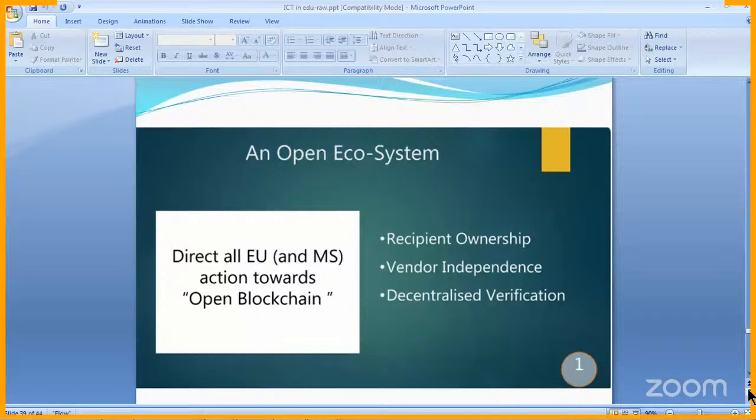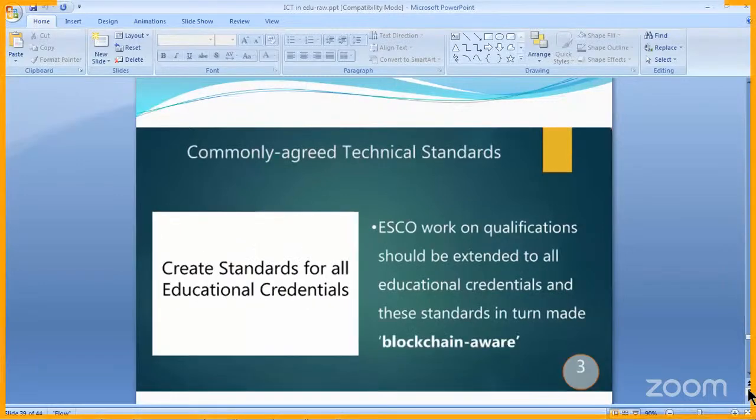Nowadays, what happened? The ownership of our content is the institute's ownership. If you want a duplicate, you have to go over there, because the ownership is with them. They are the people who are going to give the certificate or the document every time. So once it is handed over to you, it will be the recipient's ownership rather than the institute's ownership. So this is going to be a paradigm change in the education system.